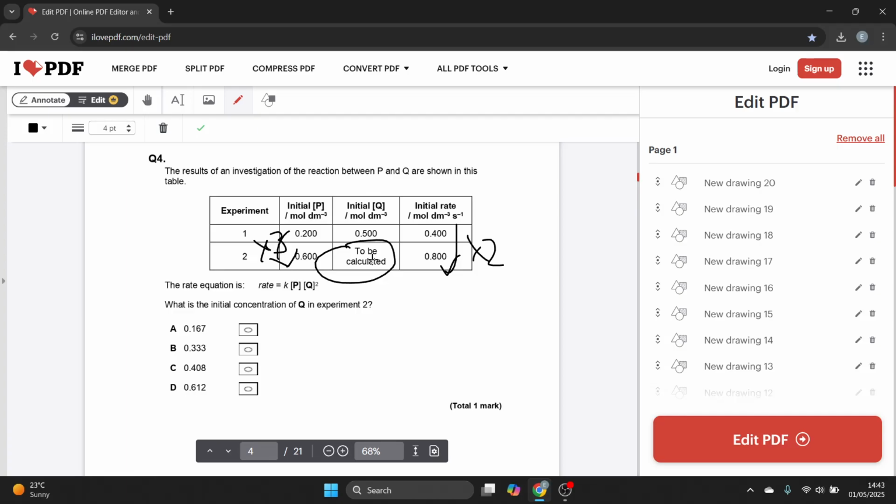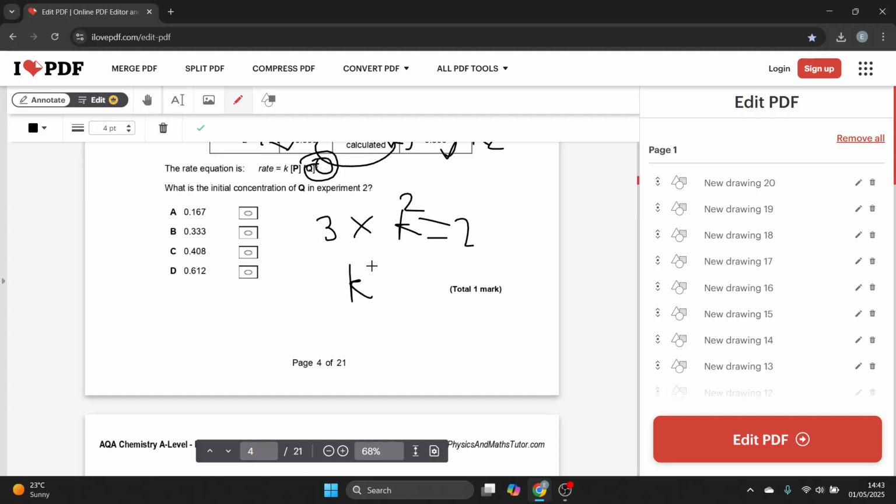Okay. Well, I'm going to say 3 times by, let's say this imaginary thing is K. 3 times by K equals 2. But it's not K though, is it? It's K squared, because it's with respect to 2. So 3 times by K squared equals 2. K squared equals 2 over 3. K equals square root of 2 over 3, which is